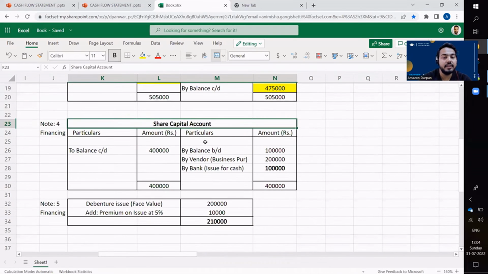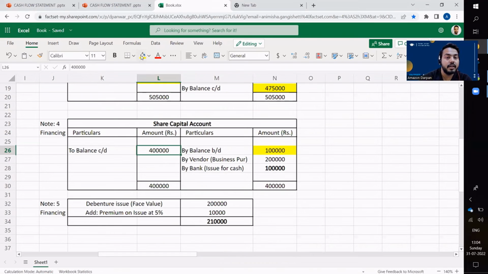Share capital account के अंदर अपने को सब डेटा मिल जाता है. So first we write down the opening and closing balances. So this is 1 lakh. We have written down straightforward वहां से, and 4 lakh is the closing balance. Okay, closing balance. Now we have to make sure this is balanced, right? 4 lakh is 4 lakh. दोनों साइड 4 लाख आए. But remember, जब वेंडर से बिजनेस परचेस किया था, तो शेयर कैपिटल अकाउंट में अपने को we actually paid